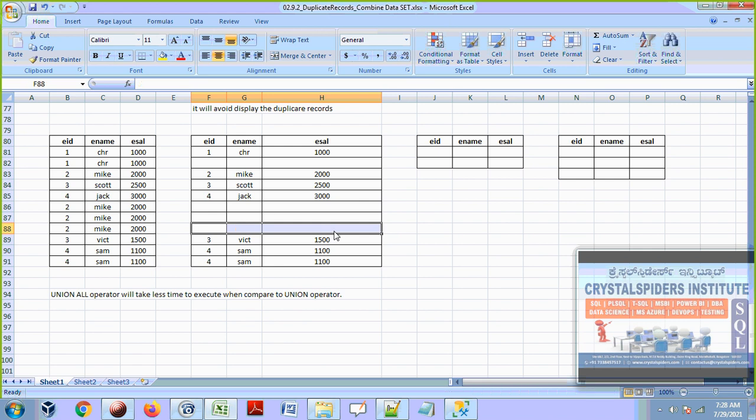And check it out, is there a 3 Scott 2500 anywhere? There is no 3 Scott 2500, but here 3 Victor 1500 and 4 Jack 3000, not 4 Sam 1100. It is there twice, so remove one copy. See that now here. And finally, this is my result set.